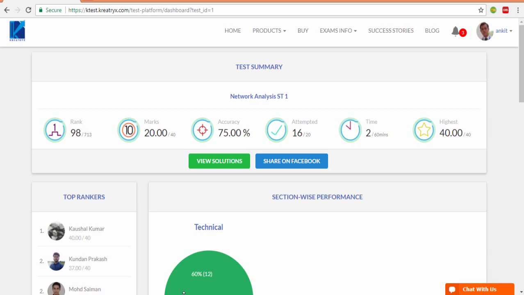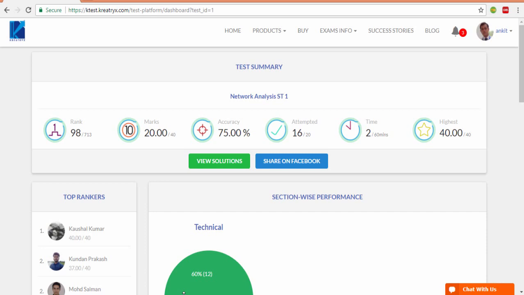Then it shows the highest marks. And in Creatrix, we do not have any fake user that we are feeding the answers from our side. If someone is obtaining 40 marks, it means there is one genuine user, and since he is registering from his Facebook, you can see on the left hand side in this tab, Kaushal Kumar, he has got 40 marks.